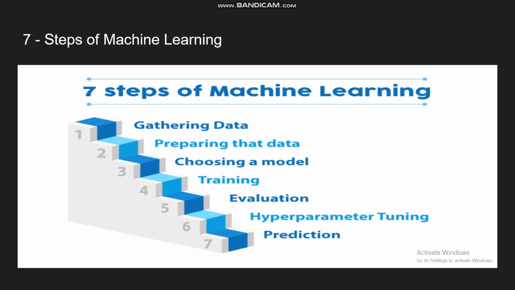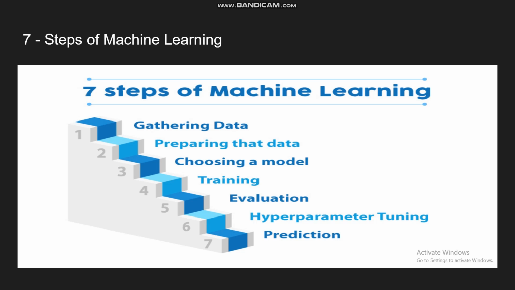The second step is preparing the data. Preparing the data is basically analysis and cleaning of the data. Suppose your data set has some missing values: some rows or features have missing values, or some targets are not there. You are cleaning the data and scaling the data. You can't directly fit data with missing values to a machine learning model, because it will just show you an error, so you have to clean up the data. You can perform various types of cleaning, and I will explain them in the practical part.